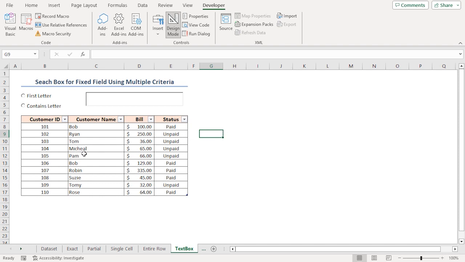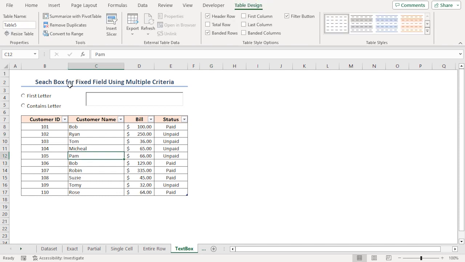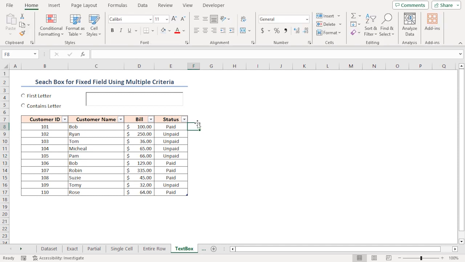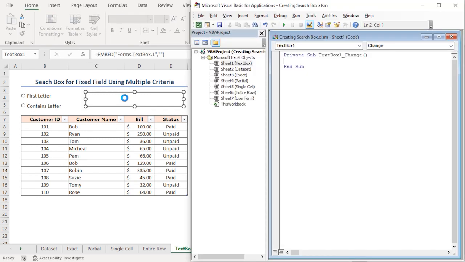Select any cell from the table, go to the Table Design contextual tab, and name the table as you want. Here, I'll name it Dataset1. Now, double-click on the text box. After that, a module will open with a private sub in it. Write the VBA code in that module. If OptionButton1, then